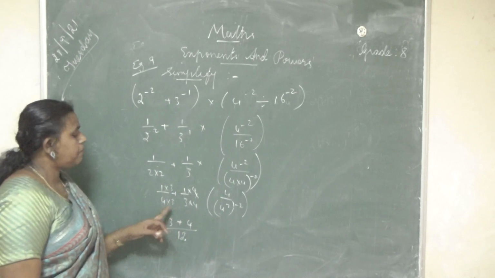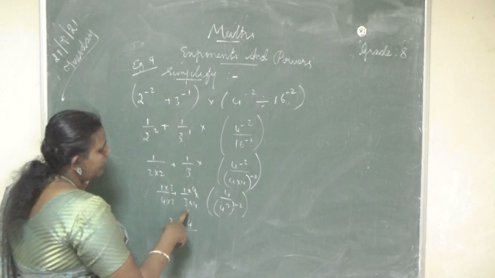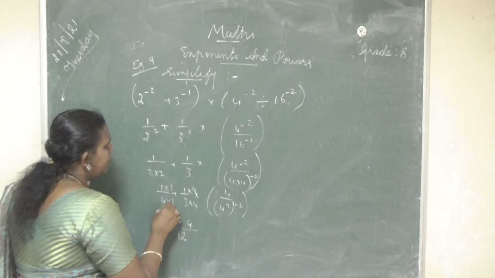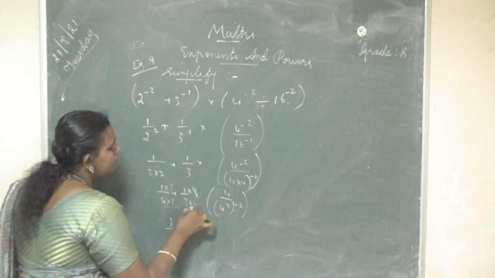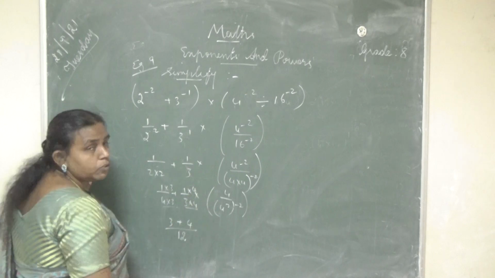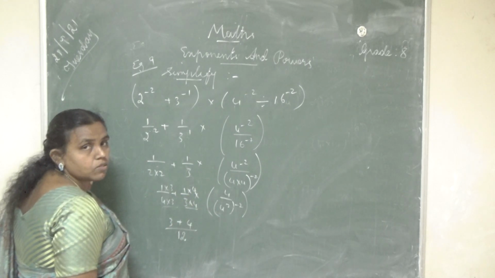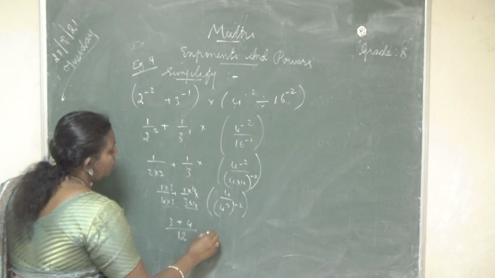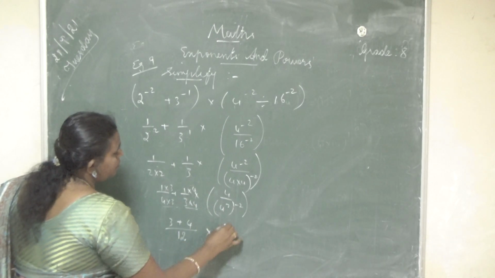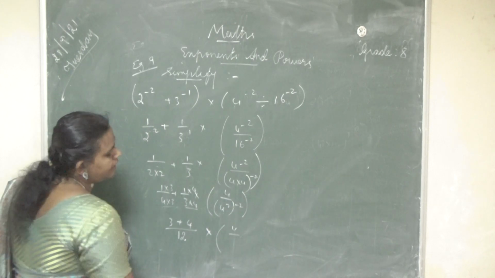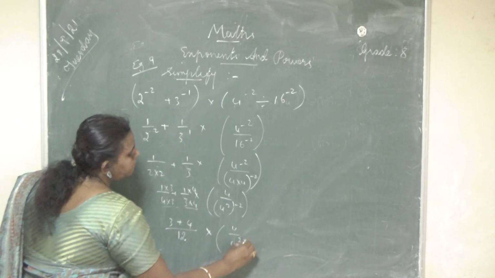This is this type of problem. Here I have 4, here I have 3. So 4 threes are 12, that is the LCM. So I want to convert the denominator to 12. 4 threes are 12, 3 fours are 12. So I multiply the same number in the numerator also. Okay. So into 4 by a power n, the whole power n, a power n,